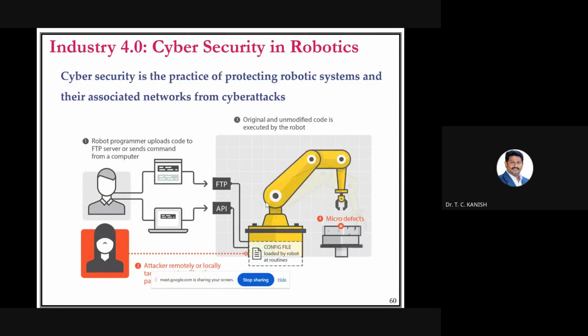And cyber security, I already mentioned that if you are using the internet for connectivity, nowadays we are moving to Industry 4.0. We have started using the internet. So through that, people are more smart, and especially in India, people are more smart. They can hack. So hackers will be there. So once they are hacking your program, they'll start their own